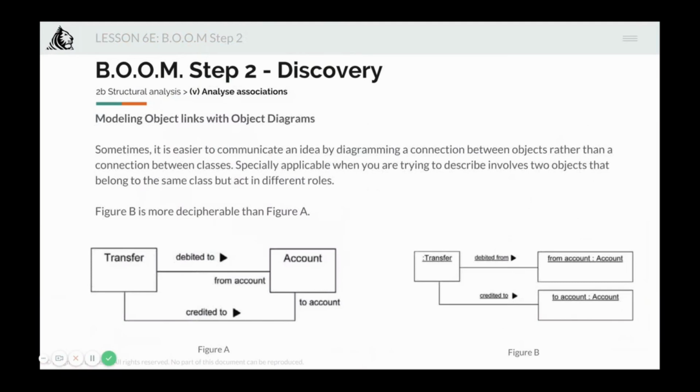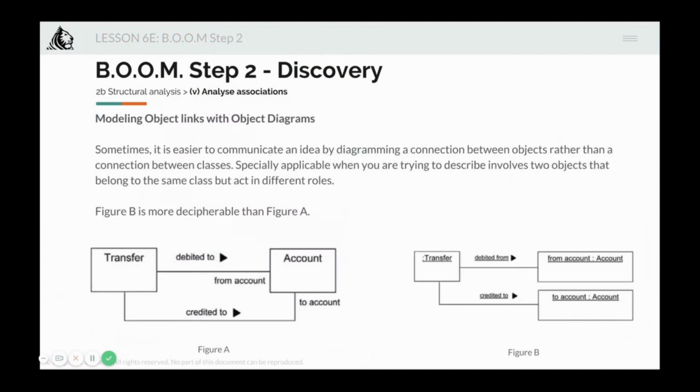Because the diagram in figure B shows objects rather than classes, it is not a class diagram but another UML structure diagram called an object diagram. Don't get too mixed up in all these diagram names, but essentially, as you can see, this is a very commonsensical approach: if the class is the same, it will be very difficult or it might confuse people. So simply use objects to create a much cleaner diagram, right? So in this object diagram, that is figure B, you can see each of the terms within the boxes are actually objects,